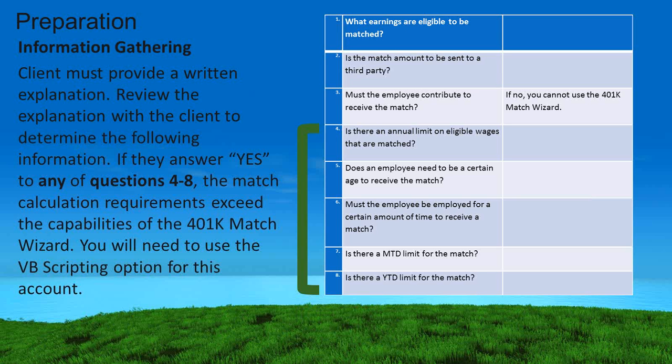Once you get beyond a certain level of simplicity, you must use a script, because scripts can be tailored to match those requirements. If you notice here, there's a series of 8 questions, and there are 4 through 8. If any of these are answered yes, you have to write a script, because the simple wizard will not handle them. The third question is kind of ambivalent to a degree. So these are the questions you ask your client, because this will determine which mechanism you're going to use to build the logic into the software.